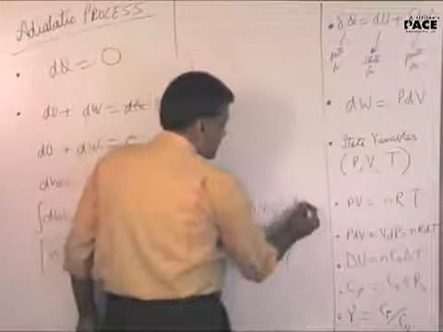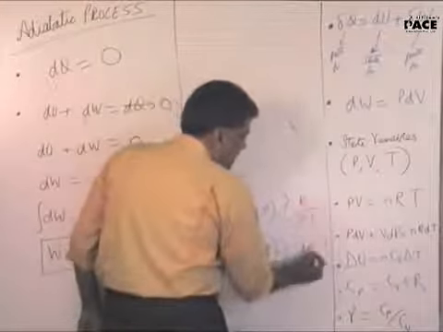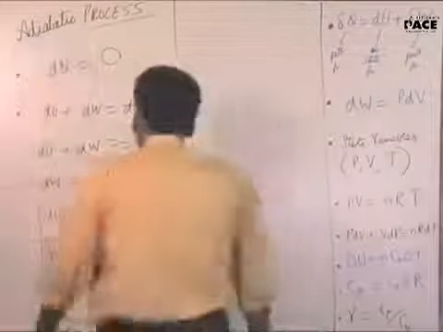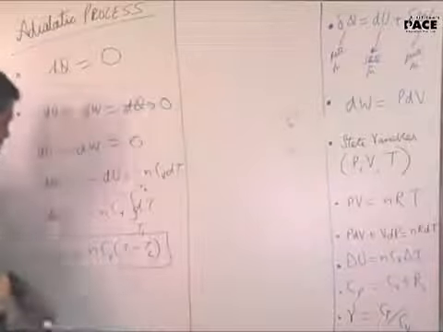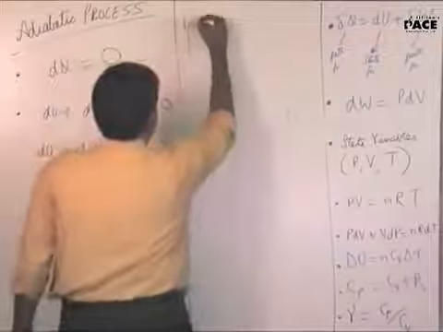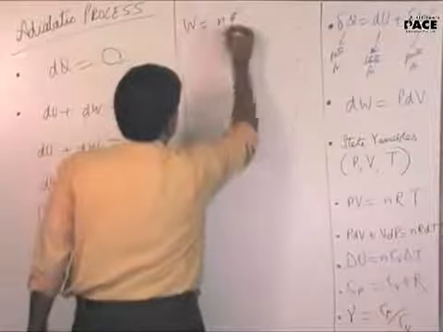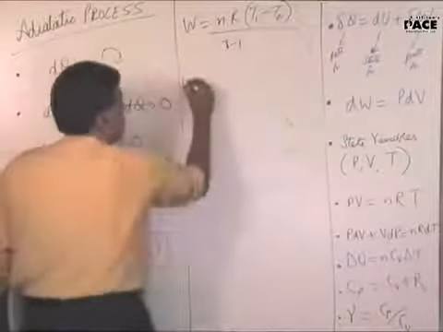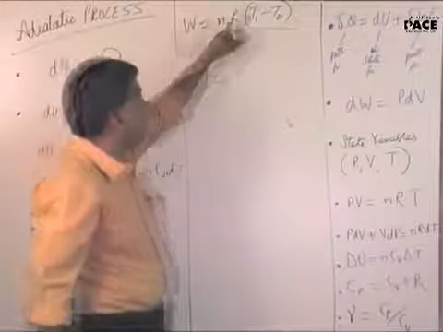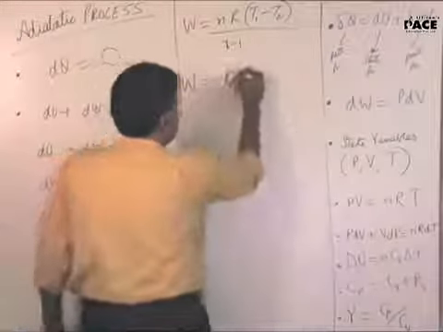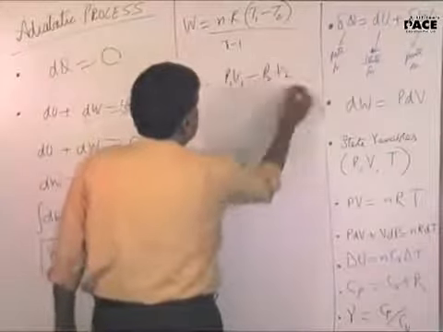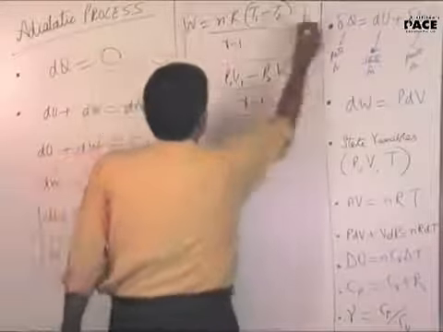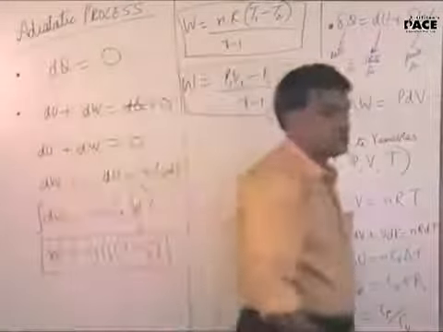So this is R by gamma minus 1, and this is gamma R by gamma minus 1. Right? Then, this very formula can be rewritten in this format as well. Cv is, like you said, R by gamma minus 1. So we can write it like this. Also, nR(T1 minus T2) is P1 V1 minus P2 V2, so W is (P1 V1 minus P2 V2) by gamma minus 1. So there you have the three different formulae for adiabatic process.